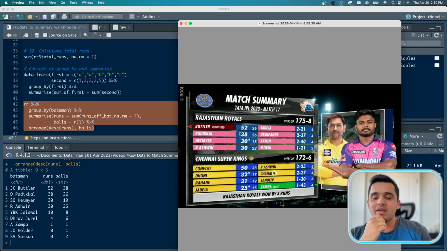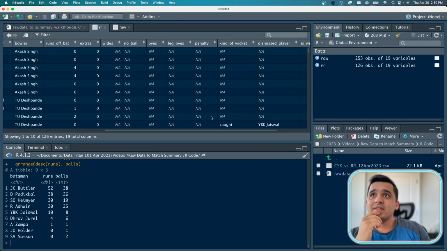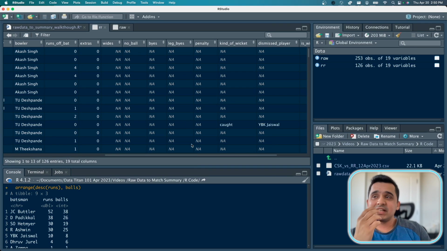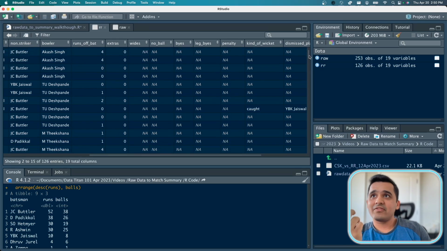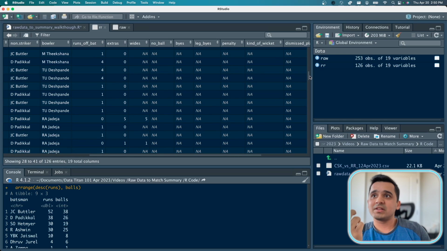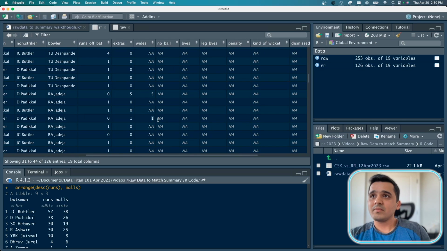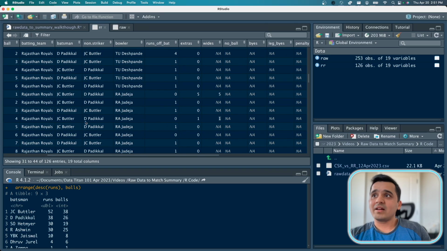So what could be the reason behind it? If you think about it, in our data frame, each row signifies something. Each row is an event in the game. So as soon as I think about the extras over here, if we have, let's say, a column wide over here, and the batsman is Butler,